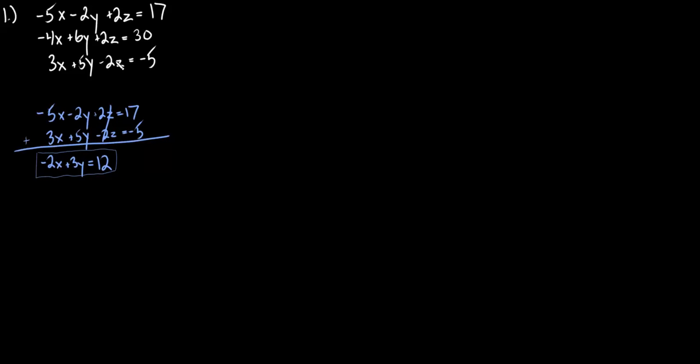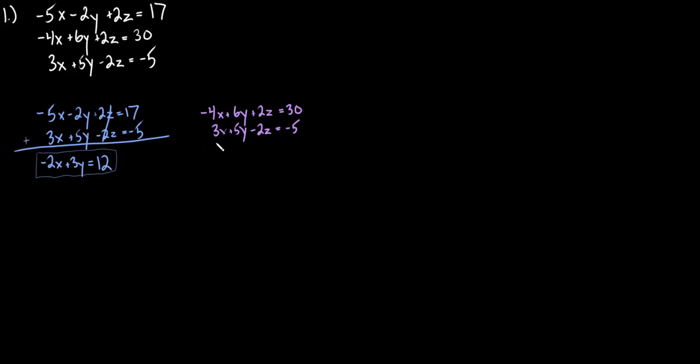So now notice I used the first and third equation to cancel out z. Now I need to use a different combination of equations and cancel out z once again. So in this case, I'm actually going to use the second and third equation. So I'm going to rewrite this just to be safe. So negative 4x plus 6y plus 2z is equal to 30, and 3x plus 5y minus 2z is equal to